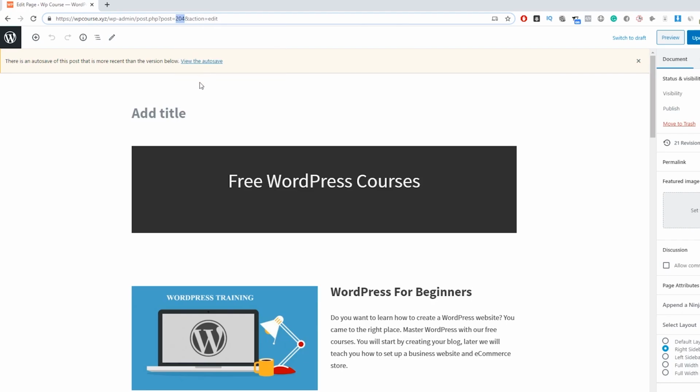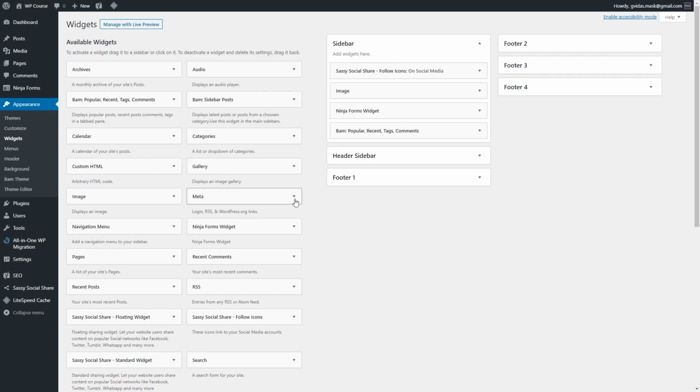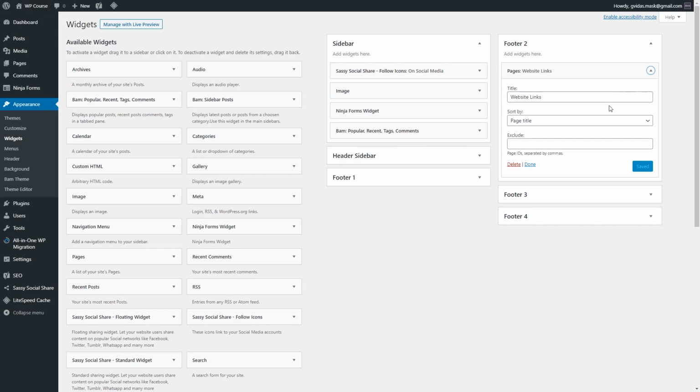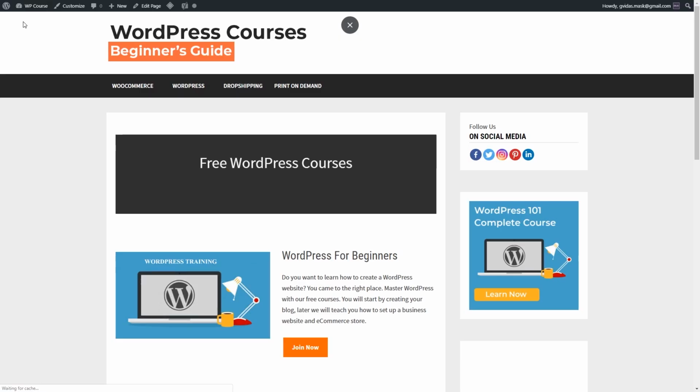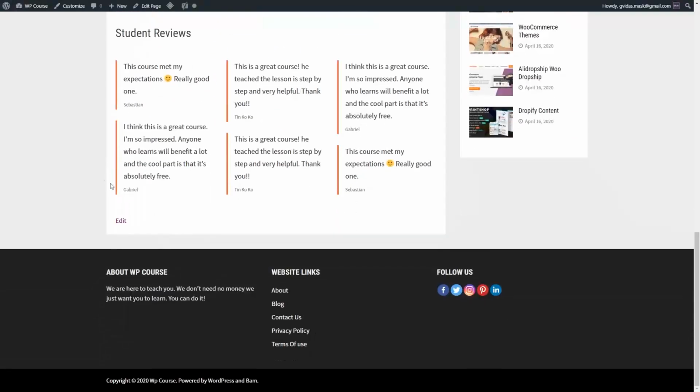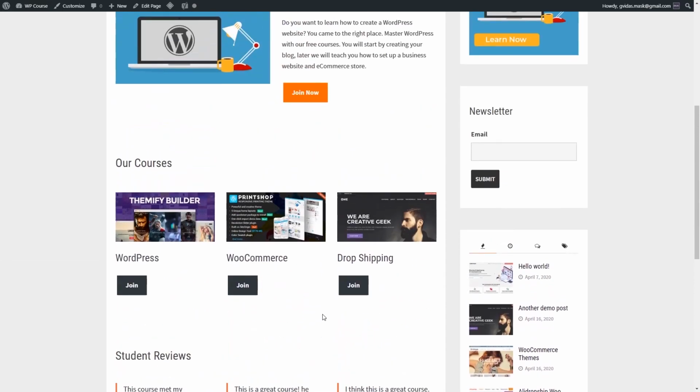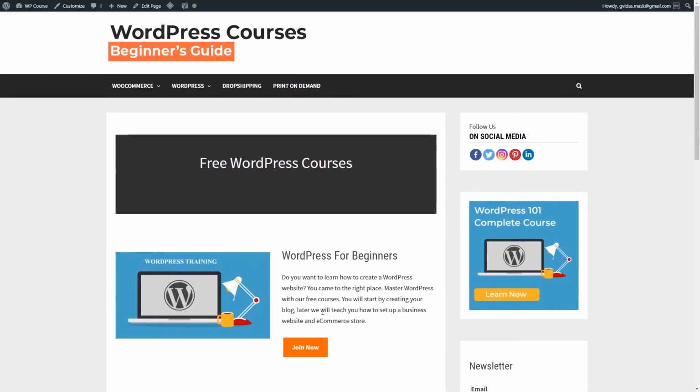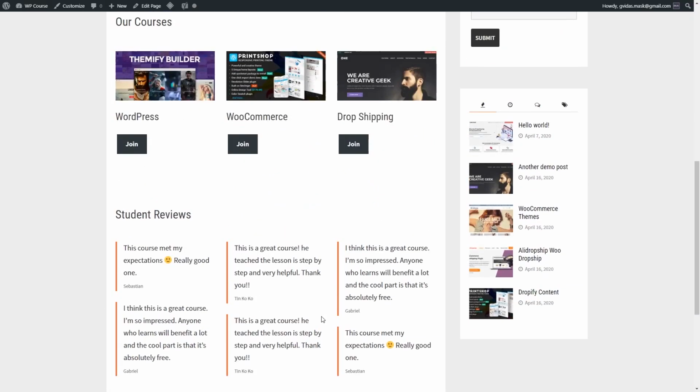So let's go back to widget section. And now we have to go to the footer 2, and in pages widget, we have to paste this number. Once you know page ID, you can exclude as many pages as you want. All you have to do is just add comma and add other ID. So once you have done this, just click save, and let's go back to our home page. And let's go to our footer, and as you can see, the page was excluded. It's not being displayed anymore. So yeah, this is how you can create a static page as your home page. It's completely up to you if you want to display a static page or you want to show the latest